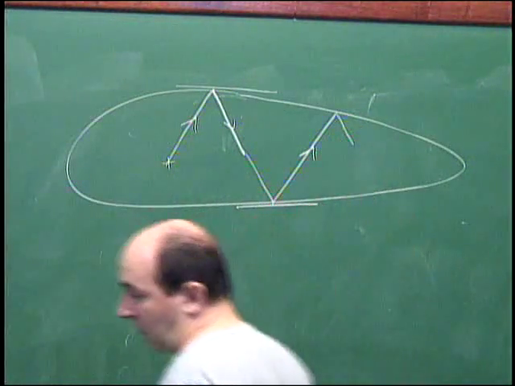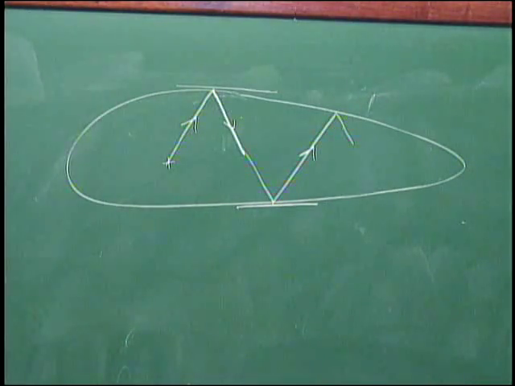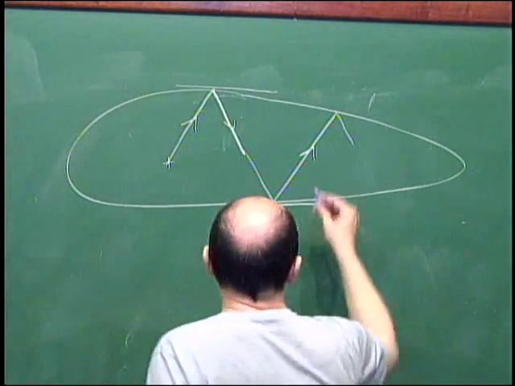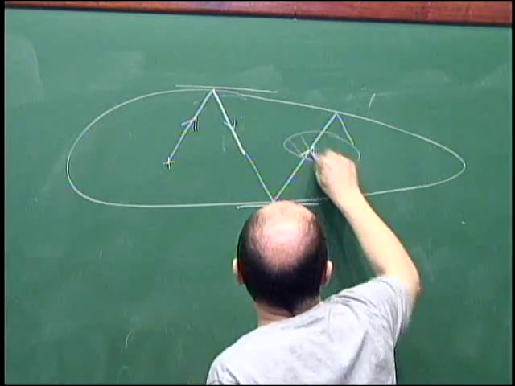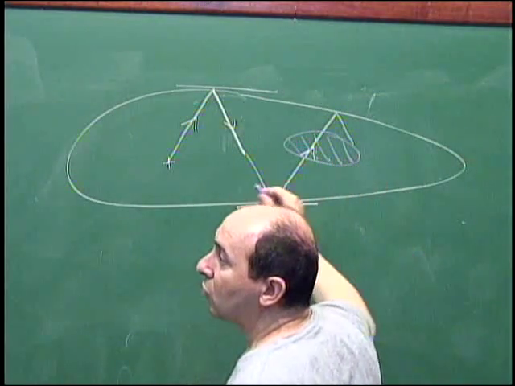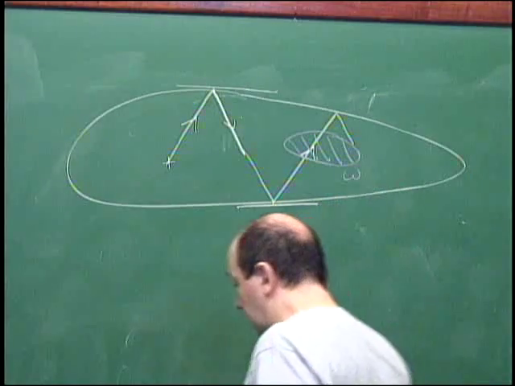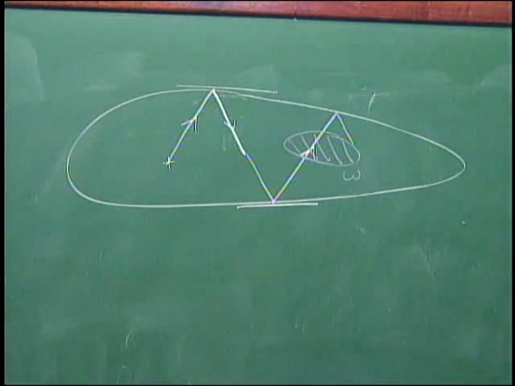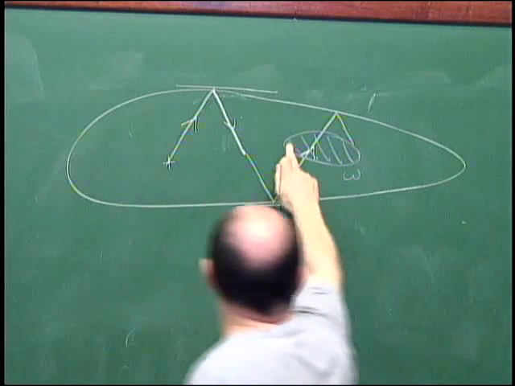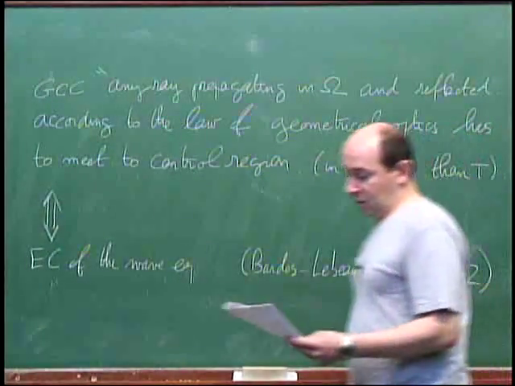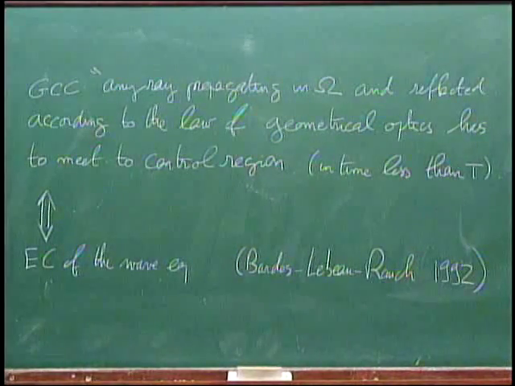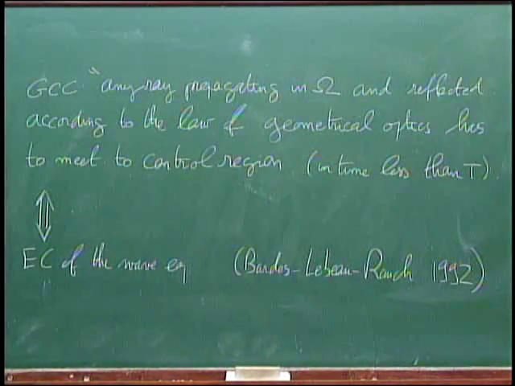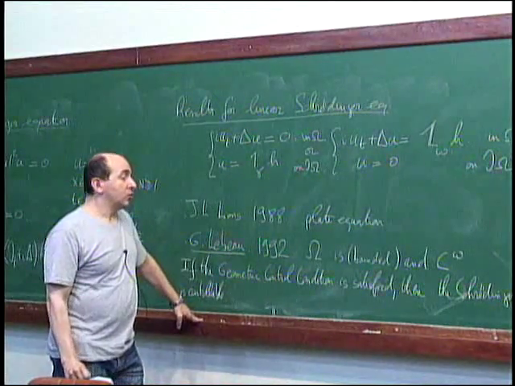And so on. And so what you can say is that the wave equation with some internal control is controllable in time T if and only if, so this is your small control region that I will call omega, you have the exact controllability in time T if and only if each of these rays meets this region in a time less than T. So it's a necessary and sufficient condition for the wave equation. This is well understood. Now, Gilles Lebeau proves that if it is fulfilled, then you have also the exact controllability of Schrödinger equation.